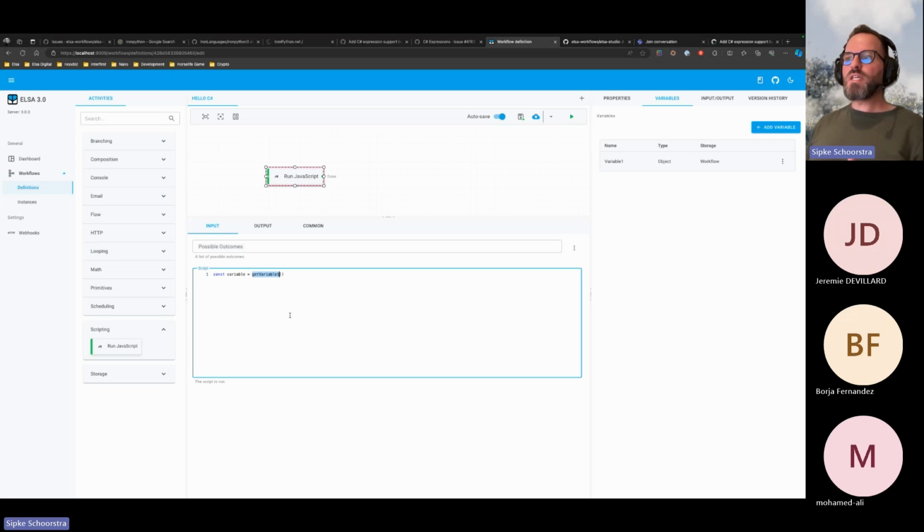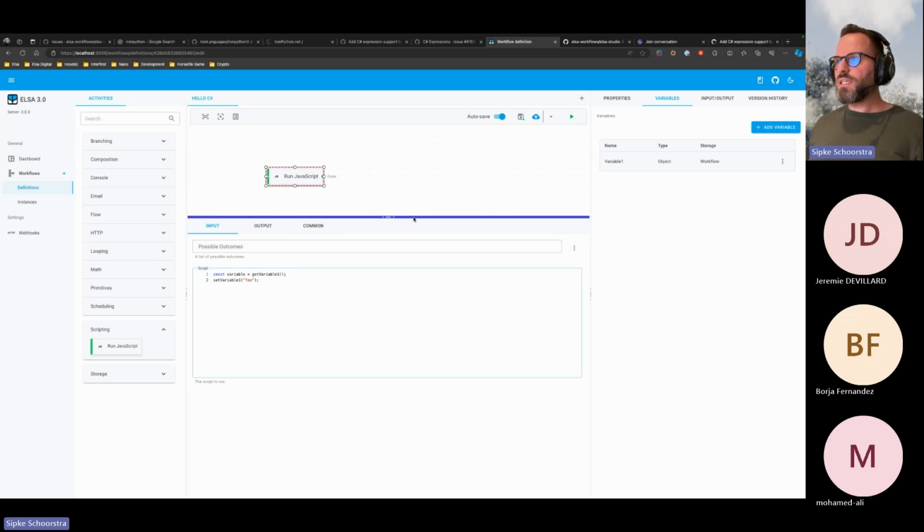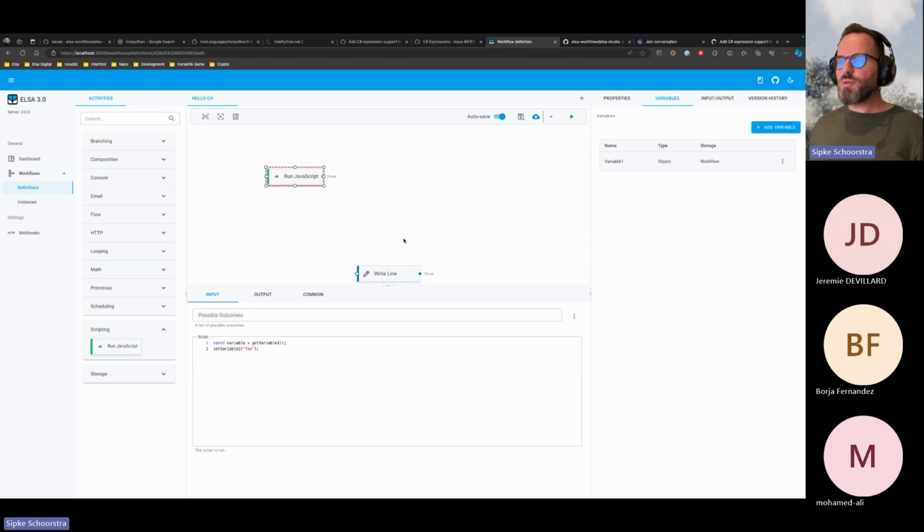This function is dynamically generated before the JavaScript expression is evaluated, and that's, of course, based on these variable names. So this is how you would get it. And this is how you would overwrite the value of this variable, like so. But now with C#, I can't show it here because we don't have the run C# activity yet,